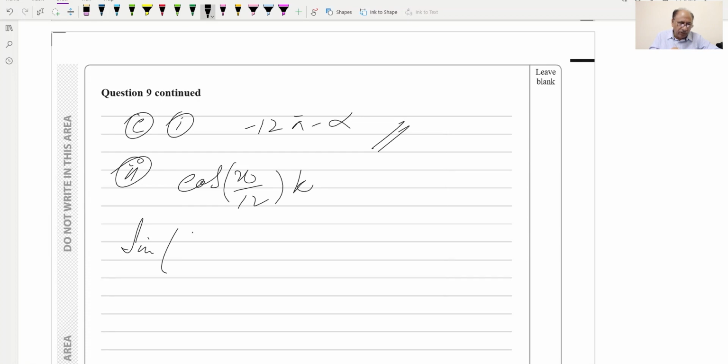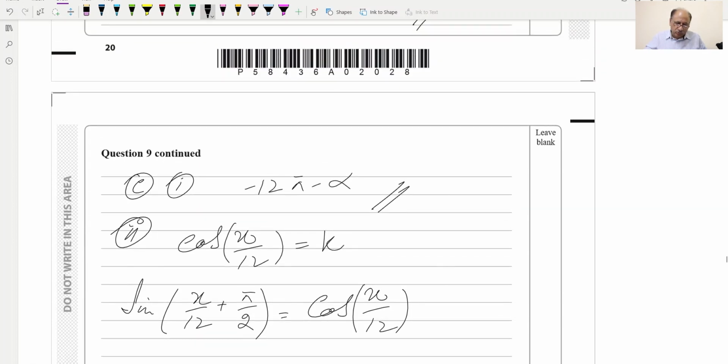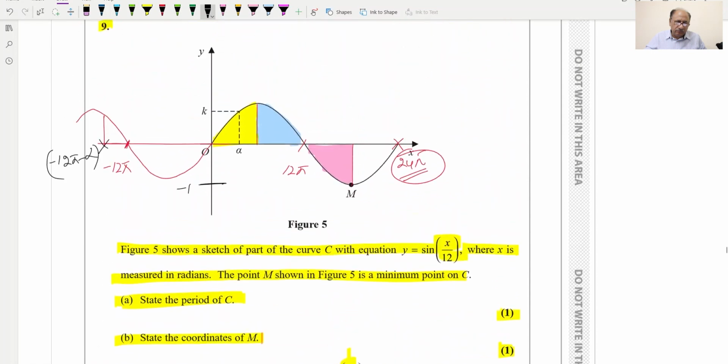sine of x over 12 plus pi by 2. So there is a difference between sine and cos graph of pi by 2, so we will be writing this pi by 2. This will be equal to cos of x over 12. So this is equal to k. So we can equate these two equations, and this will give us basically, if we check where these two graphs are meeting,